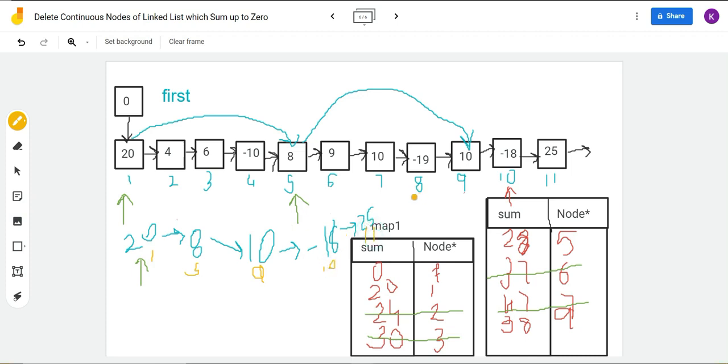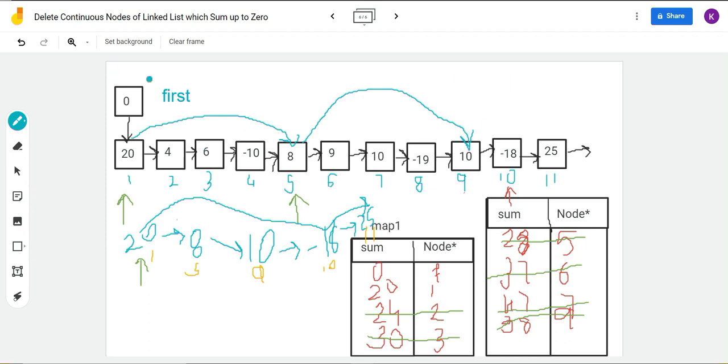So we see all the elements before 9 and after 20, that is 8. We will delete all these elements, that is we will delete 9 and 28, and our temp next will be pointing to 25.